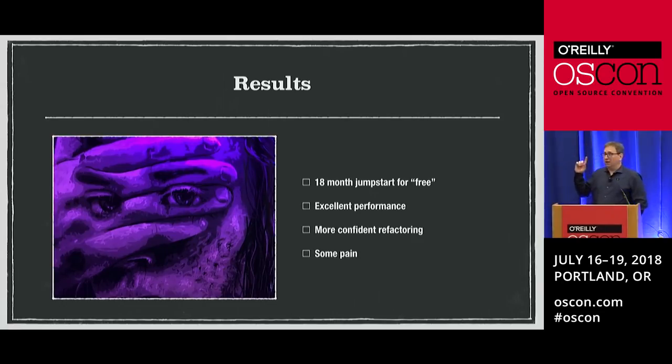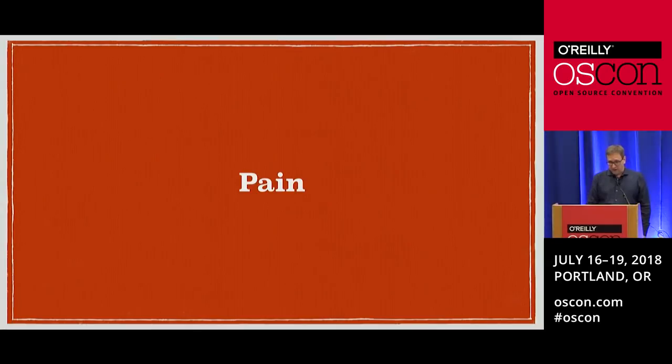Additionally, Pony's performance, for the most part, is really, really awesome. We've gotten excellent performance from it. We're incredibly confident with our refactorings in a way that we wouldn't be if we had gone with C++, which is something that we were considering. The reference capabilities and the fact that we know that we're deadlock free, et cetera, really gives us a lot of confidence to change things in a way that I've never had that level of confidence in a multi-threaded code base before. But there is also some pain that's come from that.